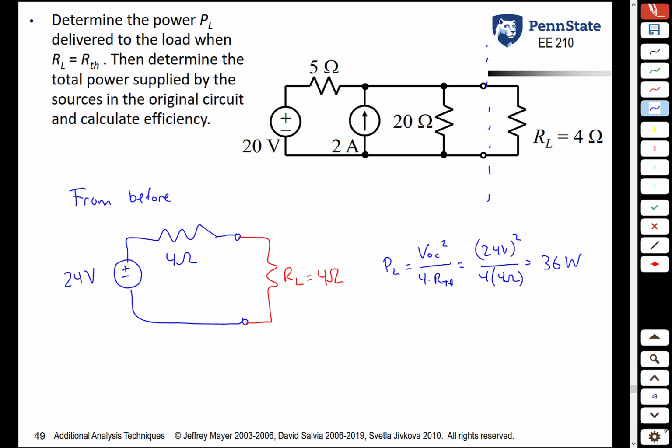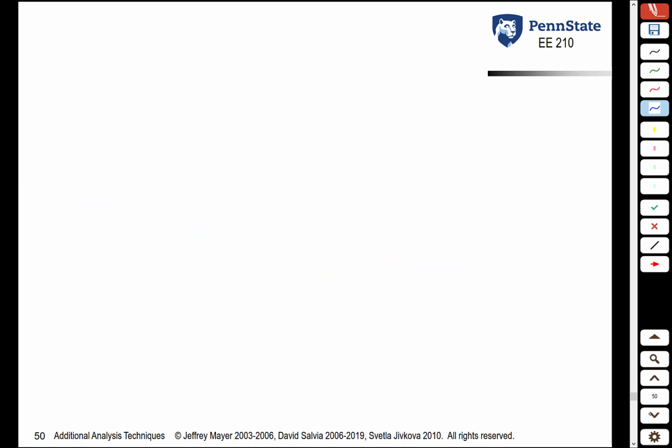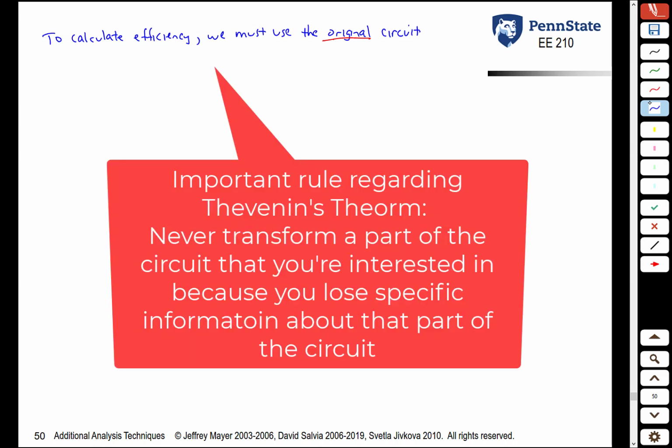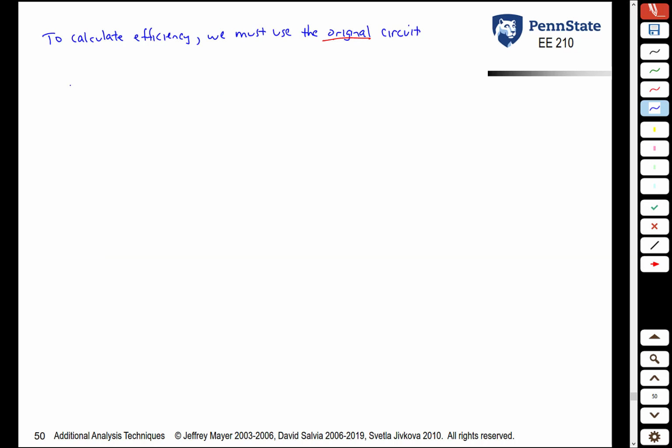But now we want to find efficiency. To find efficiency, we cannot use the Thevenin equivalent circuit. We have to use the original circuit. Why do we have to use the original circuit? To find efficiency, we need to know the power generated by the sources. If you replace the sources by their Thevenin equivalent, you lose that information. Remember, one of the rules with Thevenin's theorem is you only transform the parts of the circuit that you're not interested in. Since we are now interested in the power generated by the two sources, we cannot use Thevenin's theorem for them. So if we go back to our original circuit,